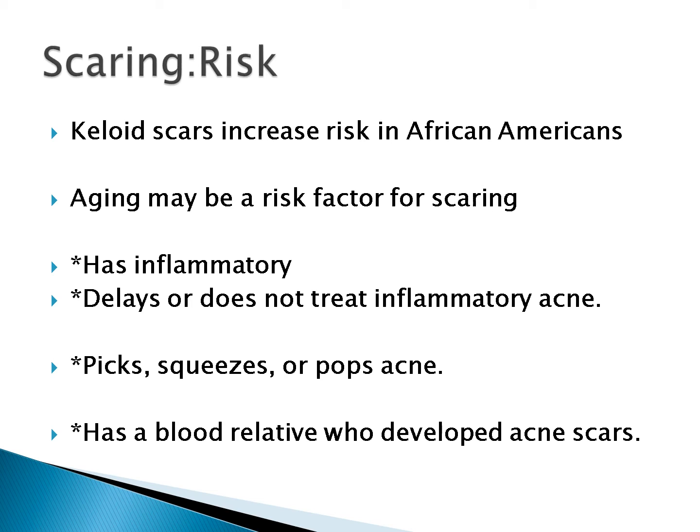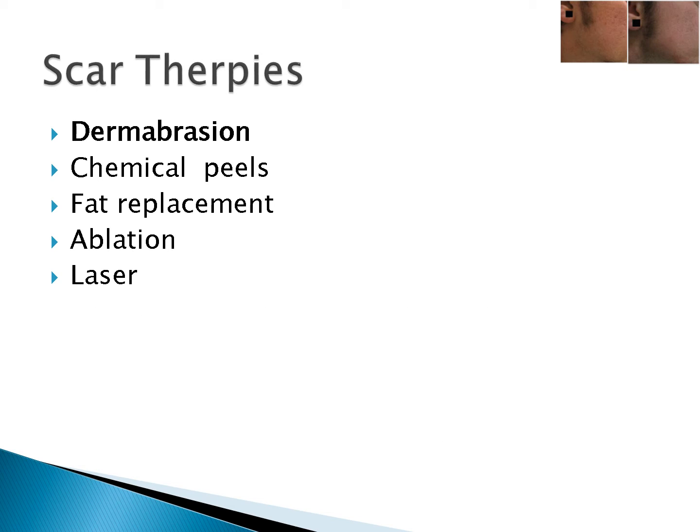Alright, so we have a little bit more to discuss with regards to scarring. These are the types of scar therapy that can be used: dermabrasion, chemical peels, fat replacement, ablation, and laser. For the most part, most of those are self-explanatory. Fat replacement is when you have an indentation in your skin, and they remove fat from your body and then place fat in that particular area to plump it up